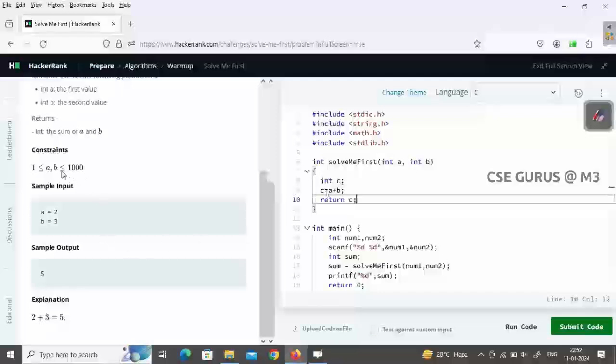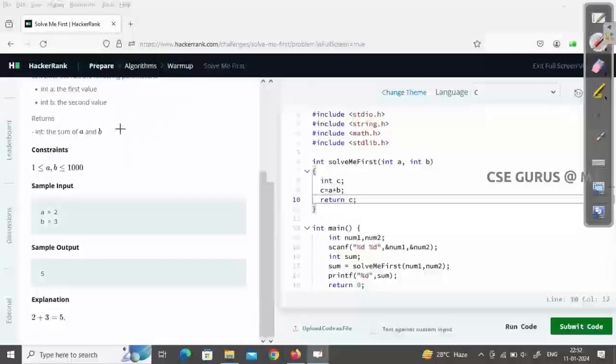Of course, a and b values go up to 1000, right? So is it going beyond the integer limit? That is also something to check. I'll clearly explain how to check it here itself. Most of the times, if you see